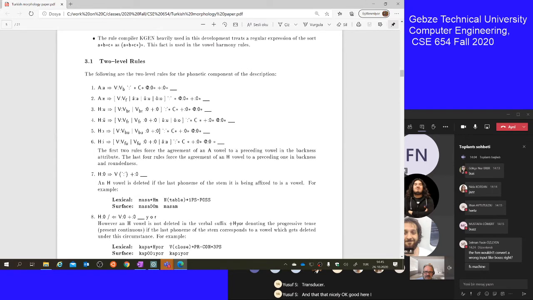Here I have some of the rules. Okay, this H thing is for U, I, E, etc. Then the capital A is for A and E. See, when I say in Turkish kitabı, üzümü, okay, sometimes it becomes ü, sometimes it becomes ı, okay. It goes like that, right? So this H represents all of them. Okay, sometimes when you say kitaba